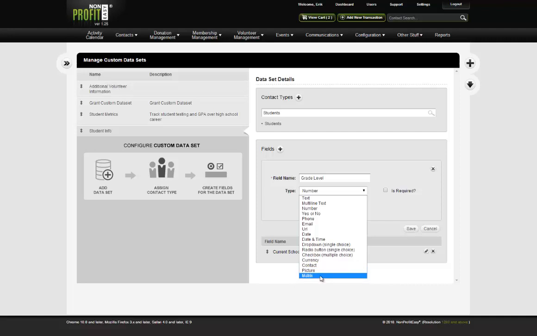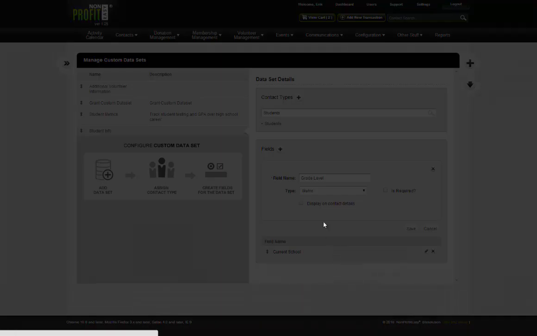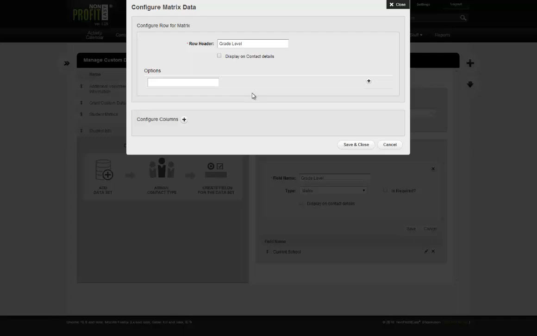Okay, bad joke. But matrix is basically a contact, is a field within a field in a way. Matrix is a way to make basically miniature spreadsheets, kind of. So matrix is a way to create one field for tracking multiple pieces of information that are all similar. So for example, if I wanted to track the actual grades of a student in a semester, I could create